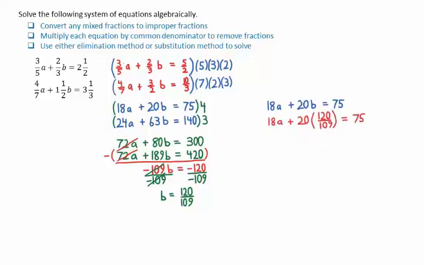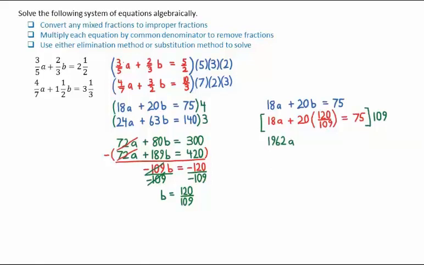We then want to remove the fraction by multiplying the entire equation by 109, which is the denominator. 18a times 109 is 1962a. For the second term, the 109 cancels out, leaving 20 times 120, which is 2,400. And finally, 109 times 75 gives 8,175. To isolate for a, we first subtract 2,400 from both sides of the equation, leaving us with